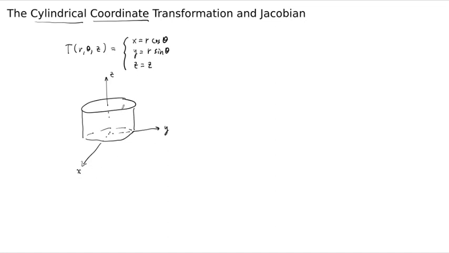So any point sits at a height z, and then it's got polar coordinates in the base, a length and an angle down here. And this is all cylindrical coordinates are. It's just polar coordinates in the base stretched out vertically in the z direction,